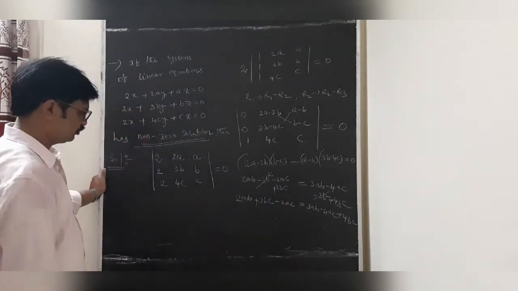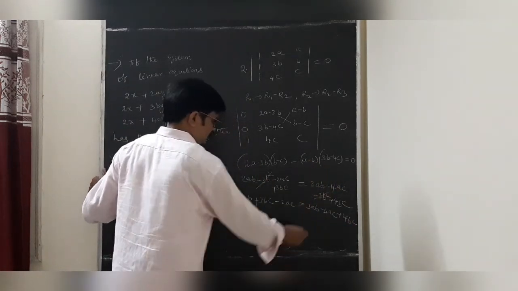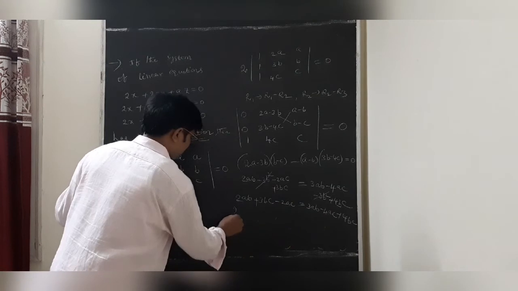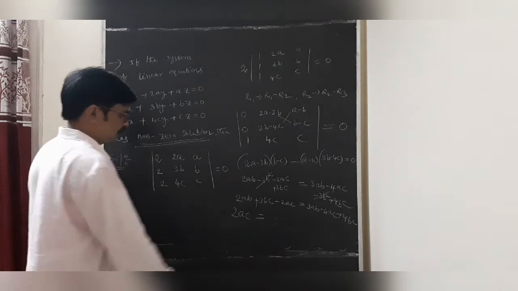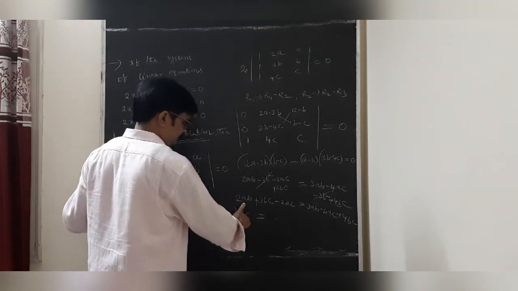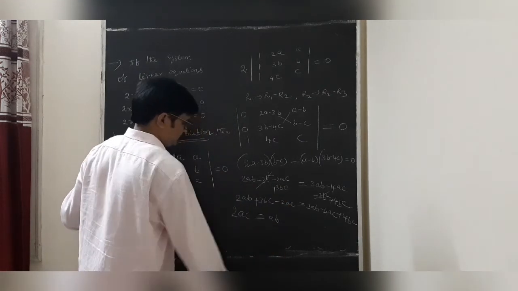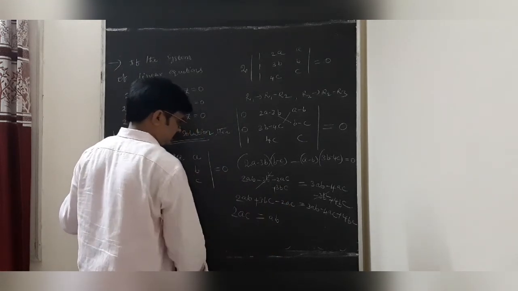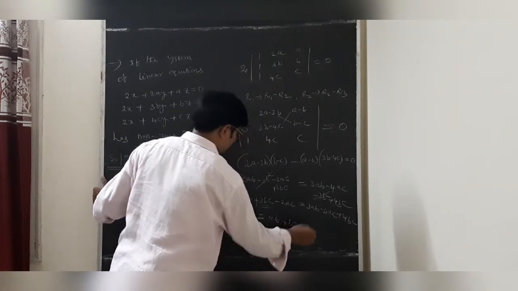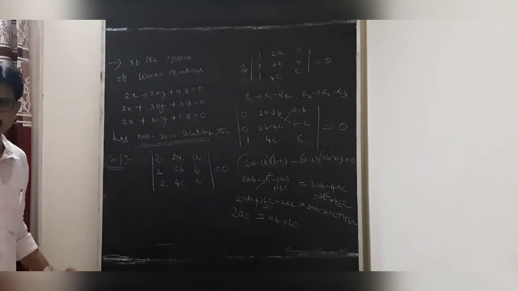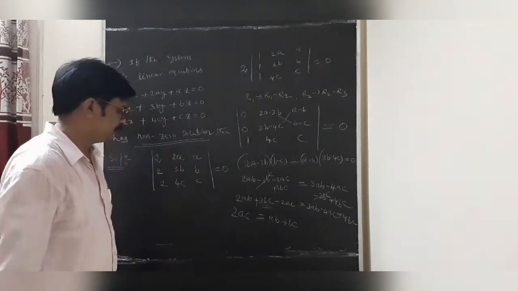Now students, just observe that 3AB and 3BC terms are sent to the other side. Yes, minus 4AC sent to the other side. This is 2AC. So the 2AB is sent to the other side, that is minus 2AB, that is undoubtedly AB. The 3BC is sent to the other side, minus 4BC, this is also BC. Now students, what we observed, 2AC equal to AB plus BC is there, divided by